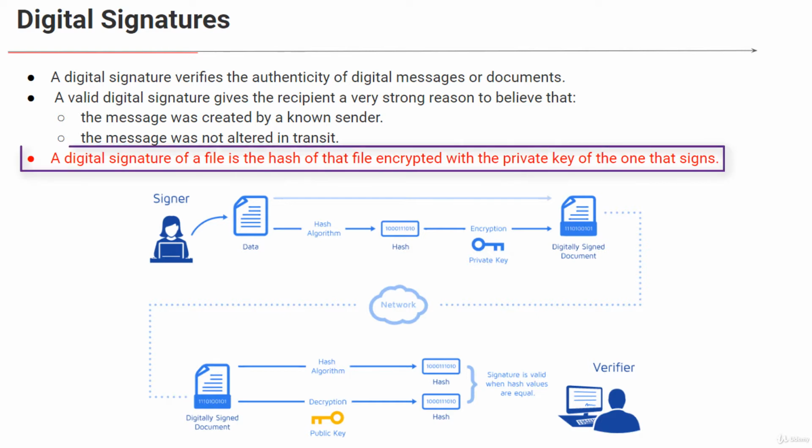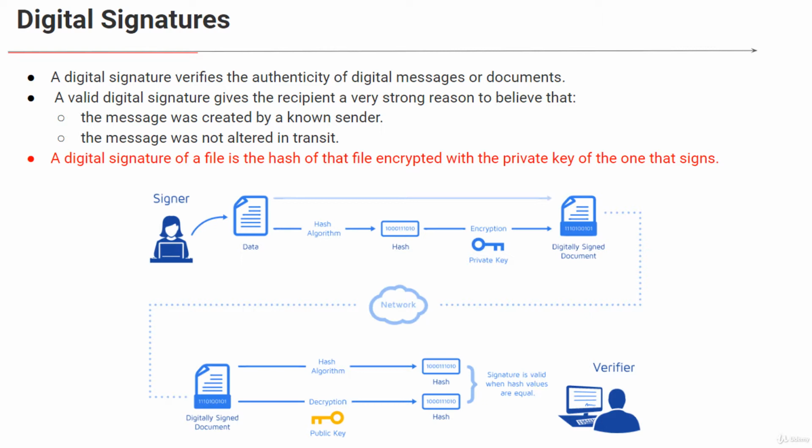A digital signature of a file is the hash of that file encrypted with the private key of the user that signs. That's all. You can encrypt and sign a message or just sign a message without encrypting it. You do that when you want to share something in plain text or make a public post that everyone can read, but you want to include a signature to prove you are the original author and that your message is